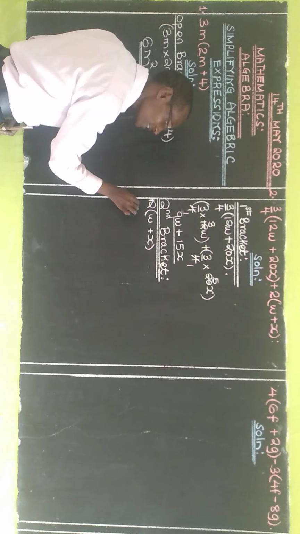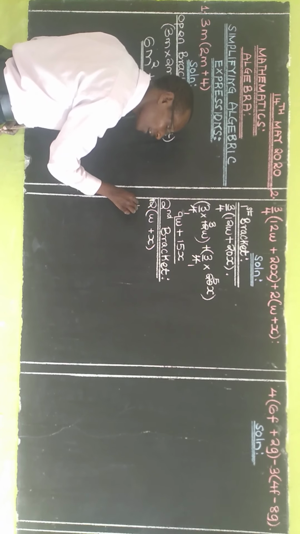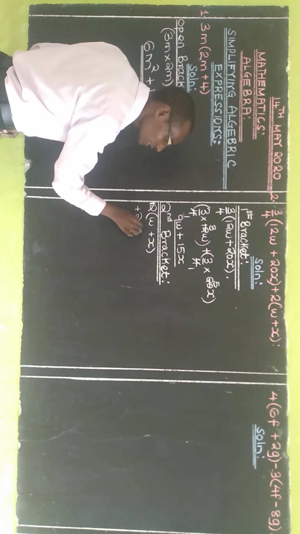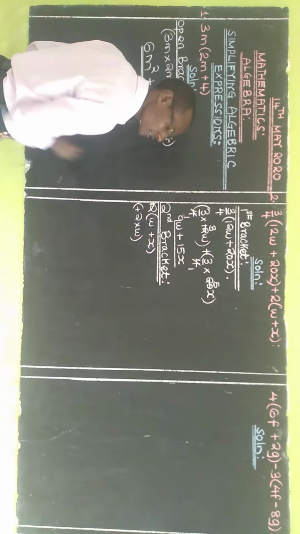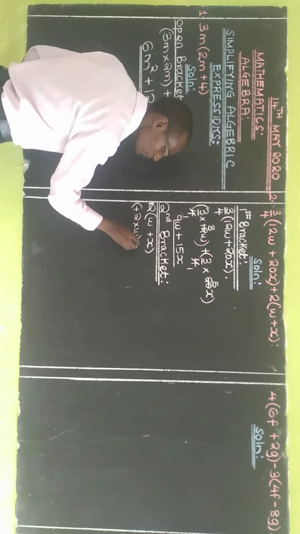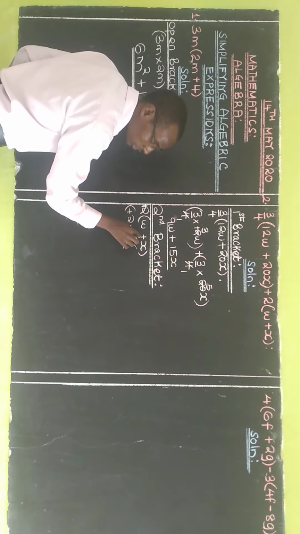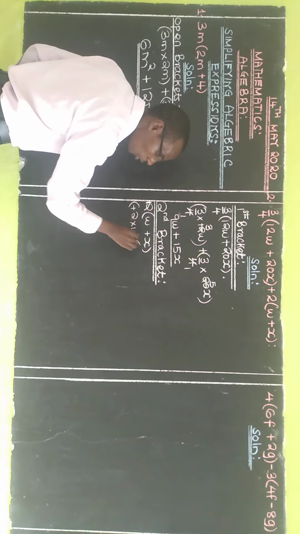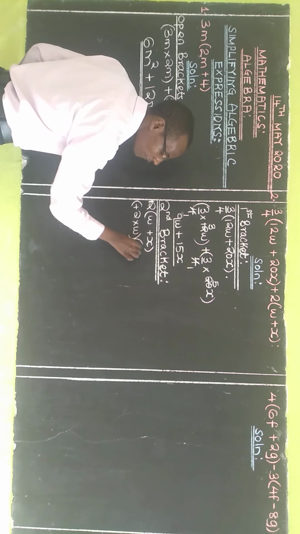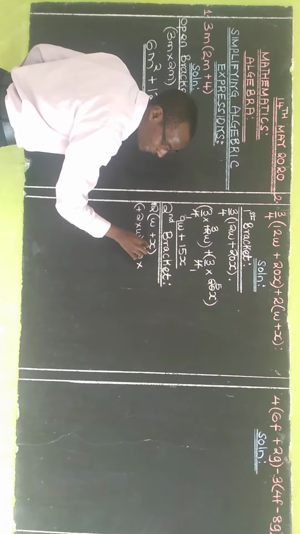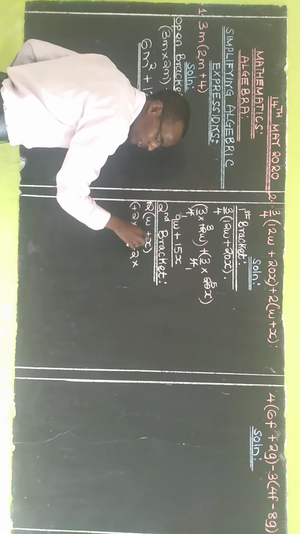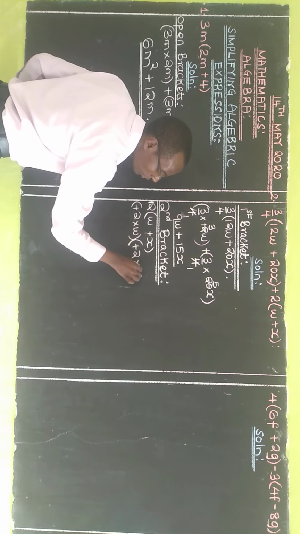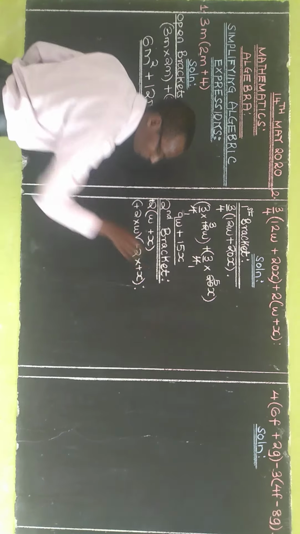So in this case, we will open the bracket and have positive 2 multiplied by w. That is 1. Then again this positive 2. So here we don't put this sign here. So we open another bracket. We have positive 2 multiplied by this x. This x is a positive, so times positive x.